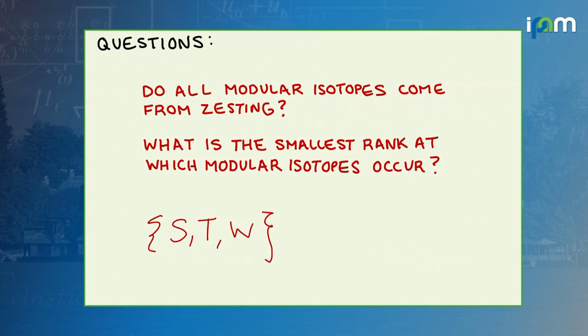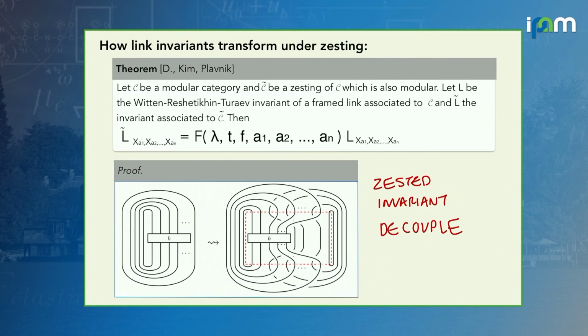This theory helps us, I believe it will help us get a better handle on what are good invariants to use to study modular isotopes, but the theory of zesting is still kind of young. But once we understand it a little better, I think we'll be able to say things like, well, we really like this invariant, like the W matrix,